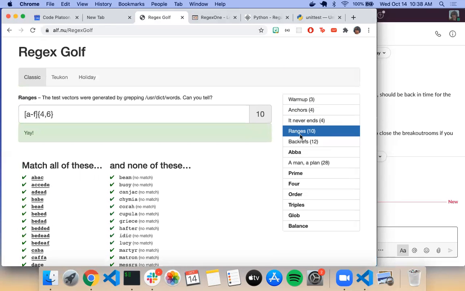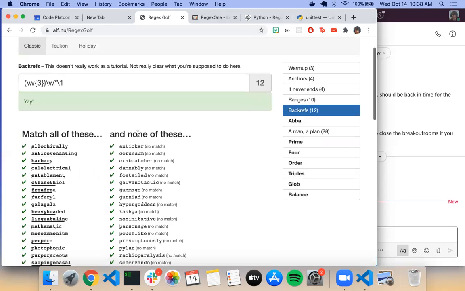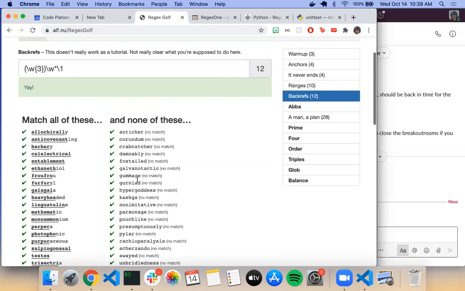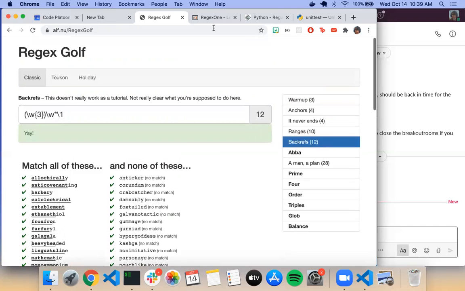So like something like this, where you have to find all of these but none of these. That's where you can see where it gets a little more difficult. All right. So I'm gonna stop